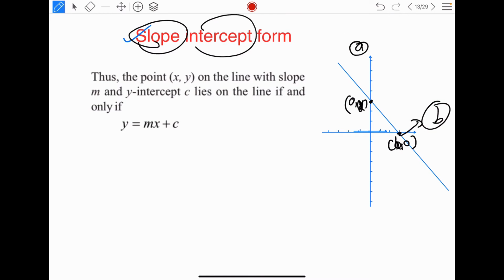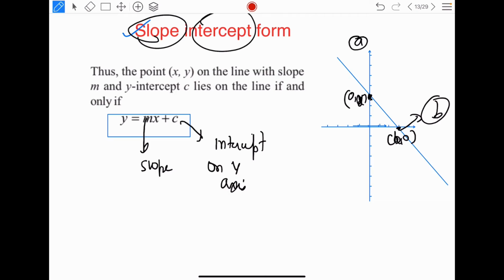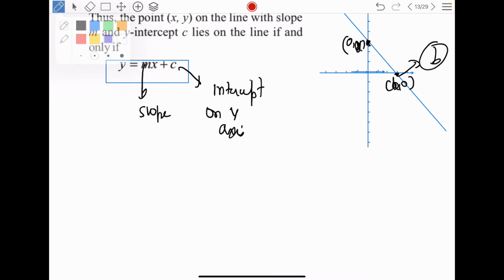Now how do you write your equation? Slope intercept means slope has to be there, intercept has to be there. Your equation is of the form y is equal to mx plus c, which is one of the most important ways of representing a straight line as well. y is equal to mx plus c, where m is your slope and c is your intercept. Now if this is the intercept on the y-axis, this intercept form has two forms. I'll explain this. If you're taking the y-intercept, suppose this line is cutting the y-axis at point c, your equation is going to be y is equal to mx plus c. Now suppose you are taking the x-intercept.